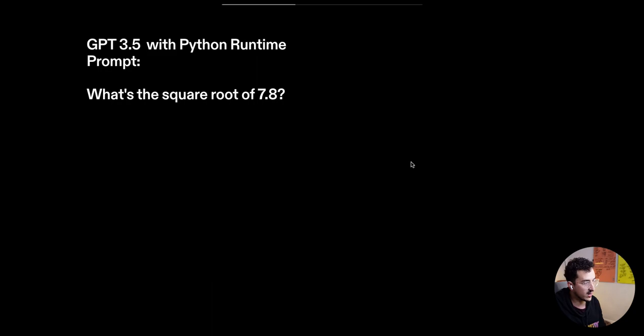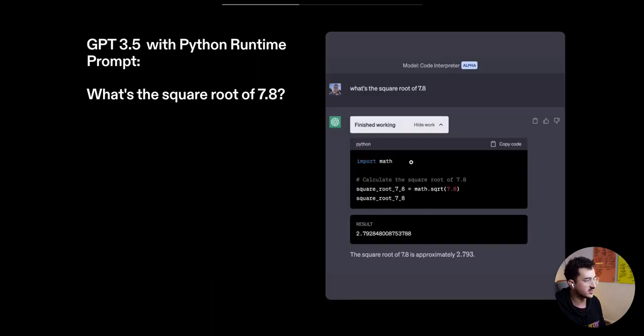So if you run it with the code interpreter slash Python runtime and you ask what's the square root of 7.8, basically what it does is say, oh wait, now I have access to a calculator, so let me go and ask the calculator what's the square root of 7.8, and then it actually gives me